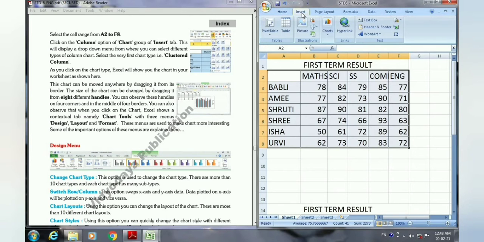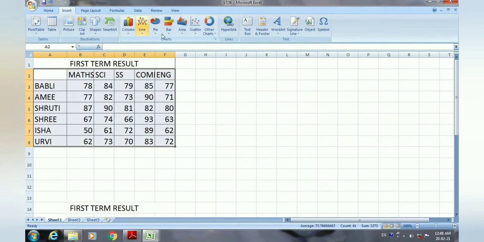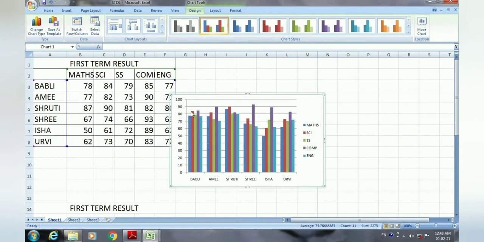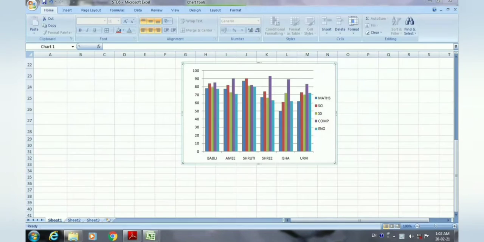From the Insert tab you select the Charts group, and from that you select the Column Chart option. You just click on that and select the first chart type, that is Clustered Column. So here you can see, very easily, just by clicking one time, your chart is ready over here.